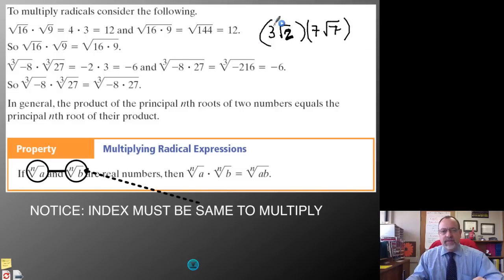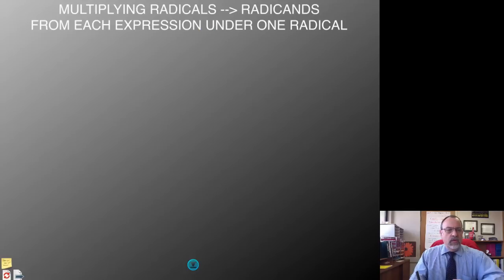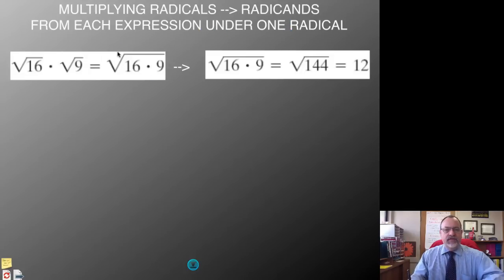So basically, numbers that are outside we can multiply together. So the 3 times the 7 would be 21 in this case. And then the radicands, as long as the index is the same, we can multiply together. And so this would be 21 square root of 14 for this example. So if we keep those things in mind, then multiplying these radicands is fairly straightforward. Now, when we're multiplying these radicals, the radicands from each expression can be put underneath one radical sign. So radical 16 times radical 9 can be rewritten as radical 16 times 9. I can then multiply the 16 times the 9 together to get 144,